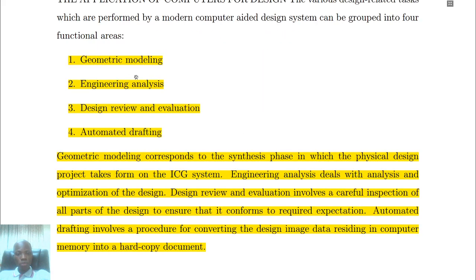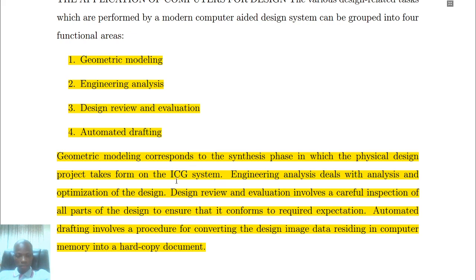We have the geometric modeling, we have the engineering analysis, design review and evaluation, and automated drafting. Geometric modeling corresponds to the synthesis phase, in which the physical design project takes form on the ICG system. Alright, so